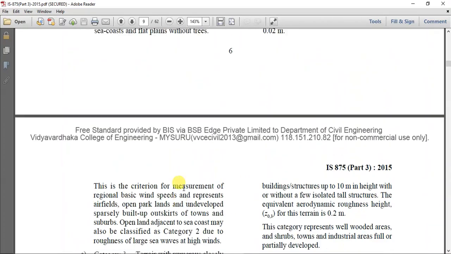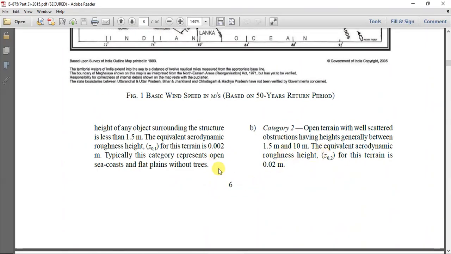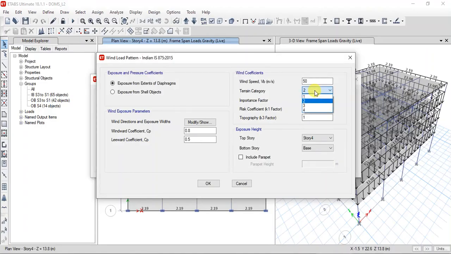So depending on the type and depending on the region, we can select the categories. For our work, we'll select category 2, so that our building is surrounded by buildings which are within the height 1.5 and 10 meters. So accordingly you can choose which terrain category you need.